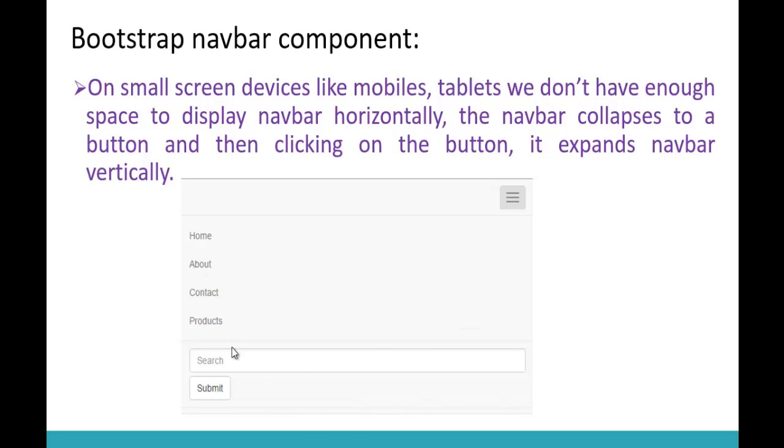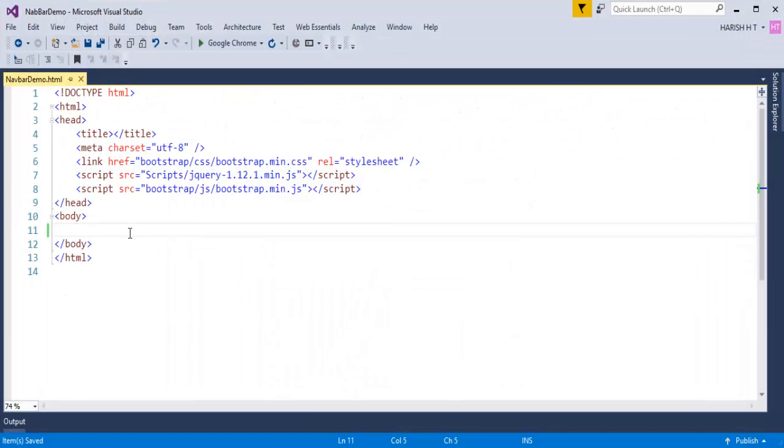So how do we build this type of navbar, which is responsive on small screens as well as large screens? It's very simple. Let me jump to my Visual Studio and start coding. Let me take a nav tag. To this nav tag I need to add some classes. The classes include